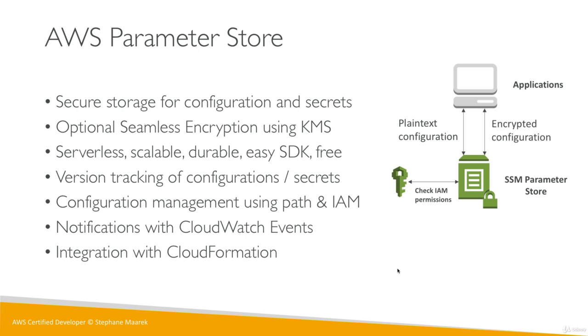But the second use case is to use encrypted configuration. Likewise, we ask Parameter Store, hey, we want this encrypted configuration. It will check the IAM permissions that we have, and if they're okay, it will also call the decryption service on the KMS side. KMS will be used to decrypt it, and Parameter Store, if everything is fine, will send us back the configuration. That's pretty good because we don't need to directly interact with KMS to retrieve encrypted data. We just interact with SSM, and the decryption happens seamlessly for us. So it simplifies the workflow a little versus KMS.